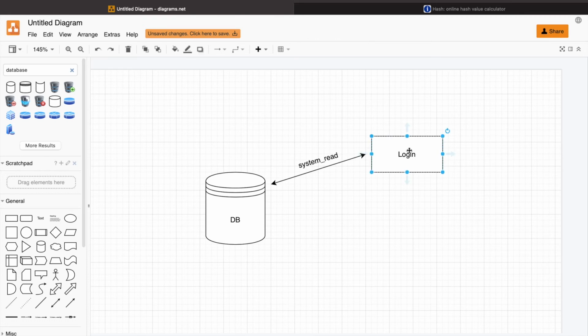So let's say this app is a login screen where you have to enter your username and your password. That will pass that SQL back into the database and see if that user exists, number one. And number two, does that password actually correspond with that user? If so, let you log into